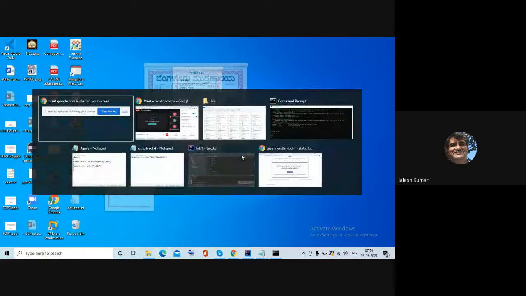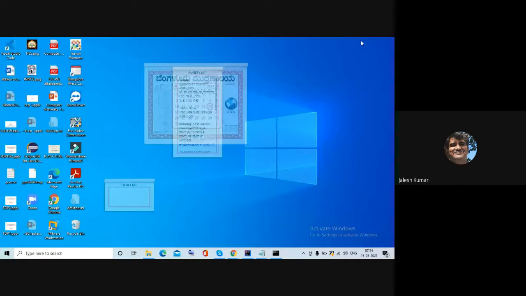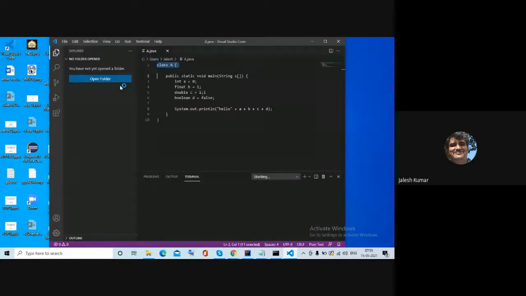Then you can work with another tool, that is Visual Studio. Through Visual Studio also you can experiment with Java programs. You can download it, I think I have not downloaded that, and it is also like this itself, but it is somewhat more flexible compared to our Eclipse. This is Visual Studio Code.